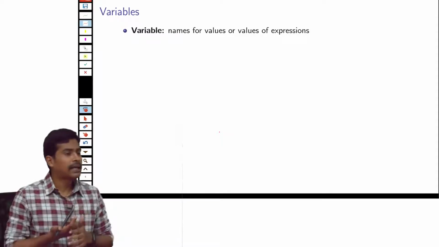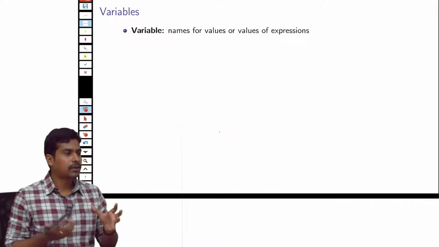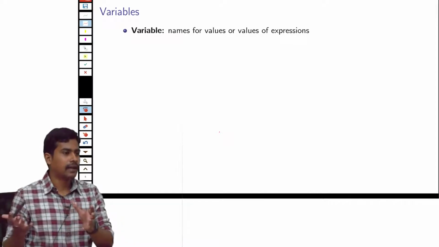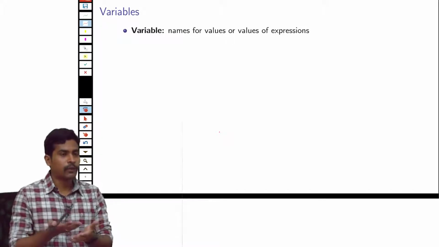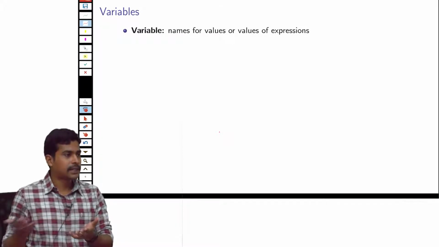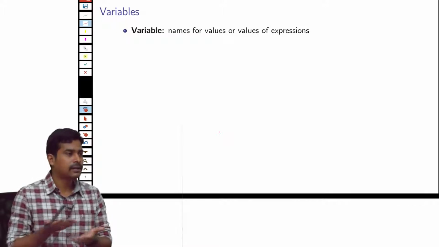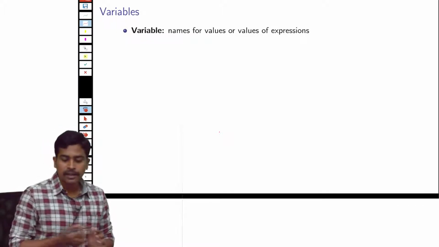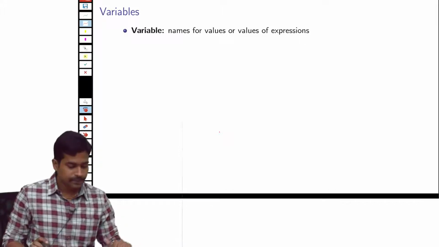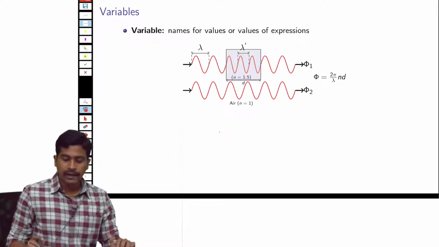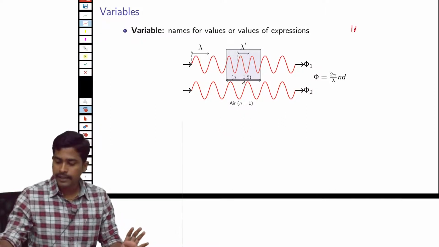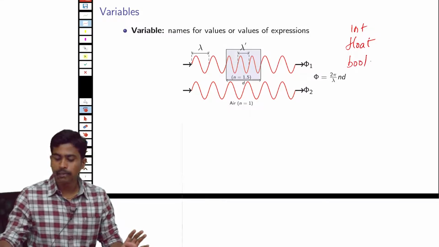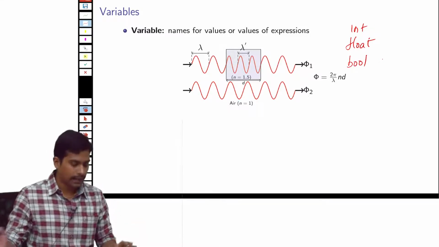In any programming language, you should have a variable type to store a particular data value. For example, you can store an integer, you can store a float value. Float values have decimal parts, while integers don't. So you need variables to store these values. And in Python, we have 3 types of variables, which are integers, floats, and boolean variables. Boolean means true or false, it has only 2 values.